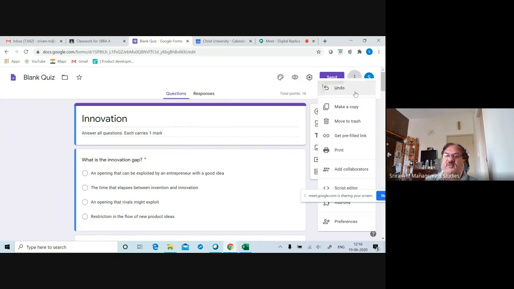I can even make a copy of this to send to someone else. Then you can add collaborators. In fact, for this particular quiz I've already added collaborators because 2 of my colleagues teach the same subject. If they want to add questions, they can. I've added 16, let us say. I have another colleague who's got some very good questions. I can tell him to add them in this and it will be one document, so all 3 of us will get the same and can give it to our respective classes. This is adding collaborators for your quiz.